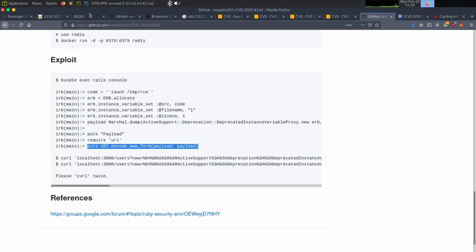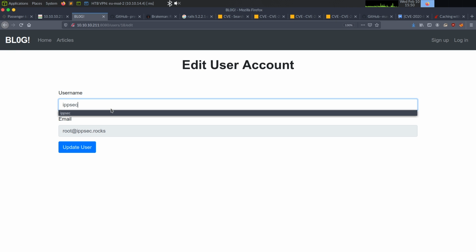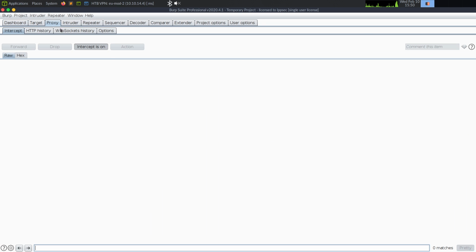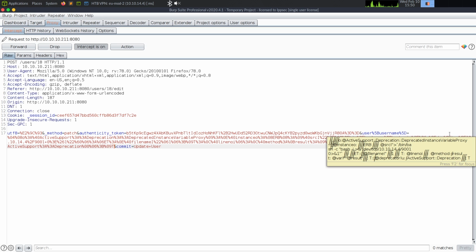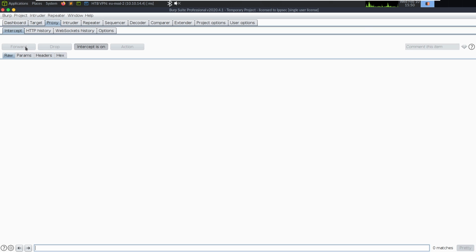So now we can finally go back to our blog and our edit field. I'm going to refresh this page in case there's anything time sensitive. And let's just go to Burp Suite, go to the proxy tab, intercept is on, update user, and I'm going to change where the username is. I'm going to paste this giant payload, which is that serialized object. Click forward,